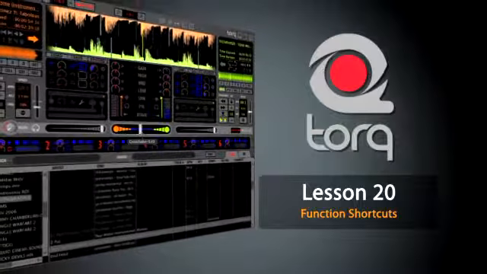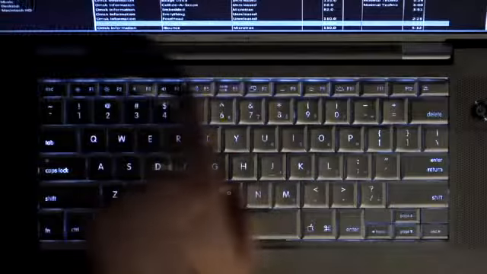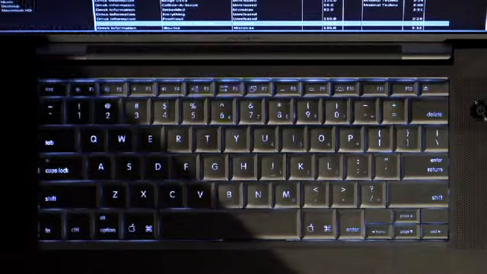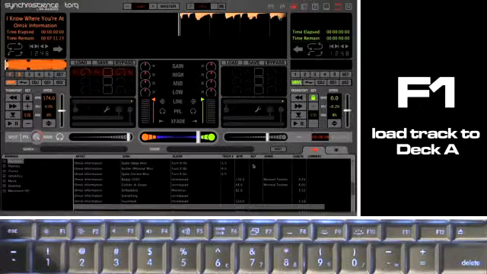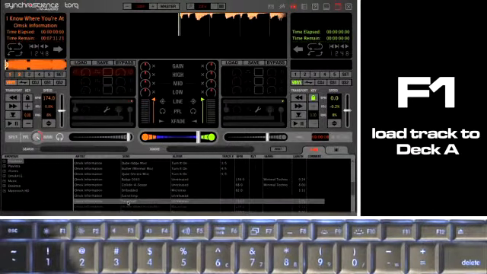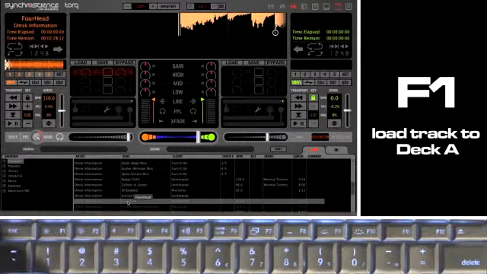Torque also has some pre-assigned functions that are assigned to the function keys on your keyboard. These are useful for just loading up individual tracks onto the decks or for hiding or showing various portions of the screen. As you'll see here, if I were to click on a track and press F1, Torque loads that